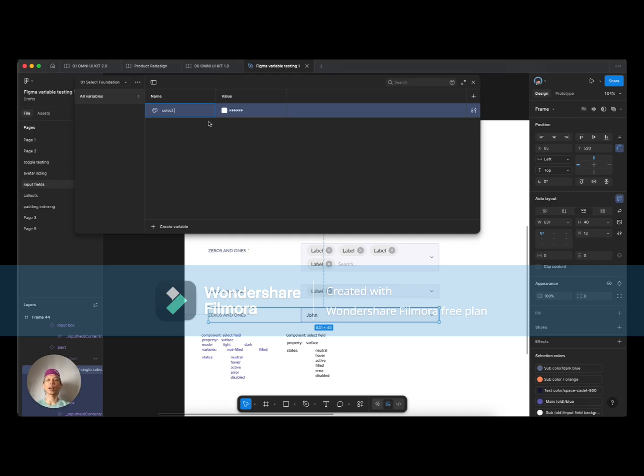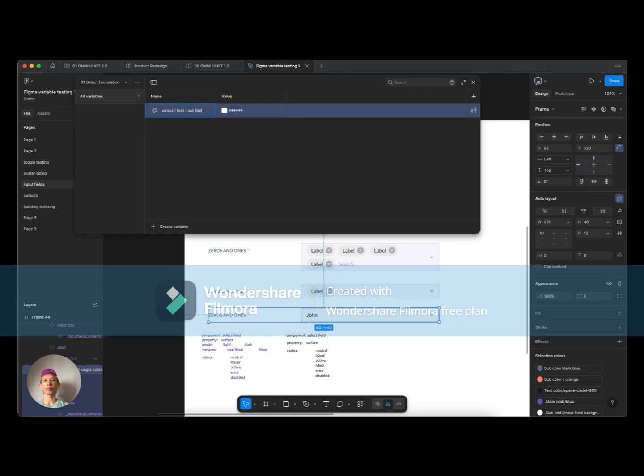So I will repeat the name of the component so that you can find it easier. You can search by group. All right, select, and the first thing will be the property text,